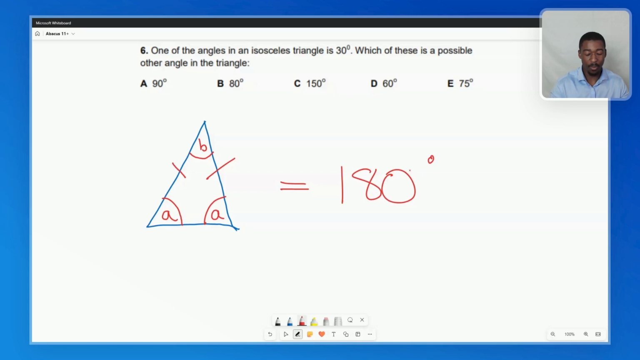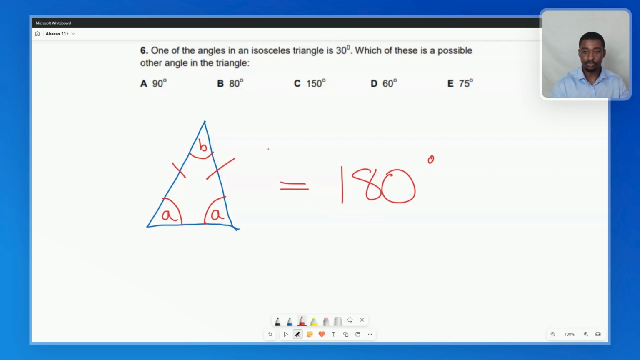180 degrees, no matter what the triangle is, whether it's equilateral, scalene, isosceles, right angled, every single triangle has to add up, or the angles inside the triangle have to add up to 180 degrees. Make sure you remember that. So now with this understanding, we can tackle this question, because really we have